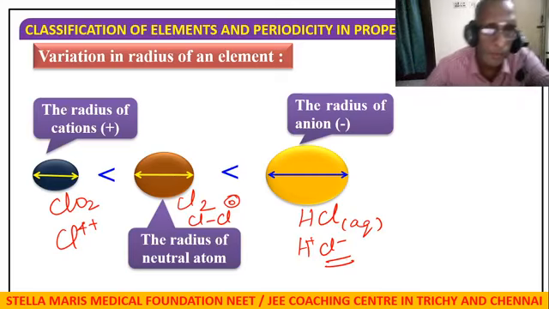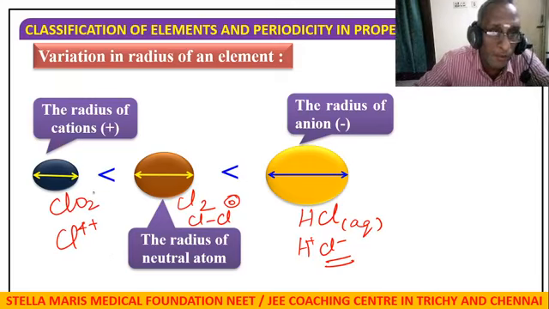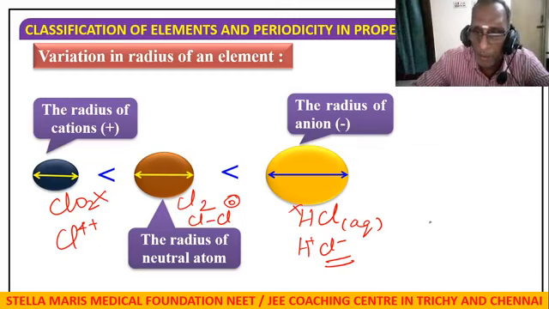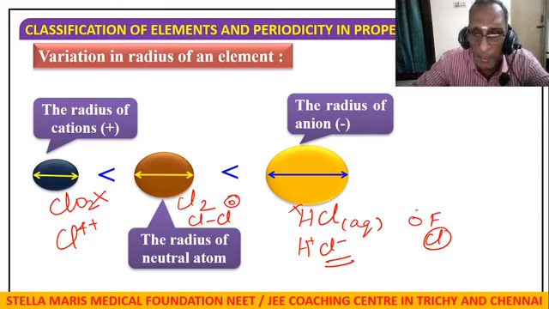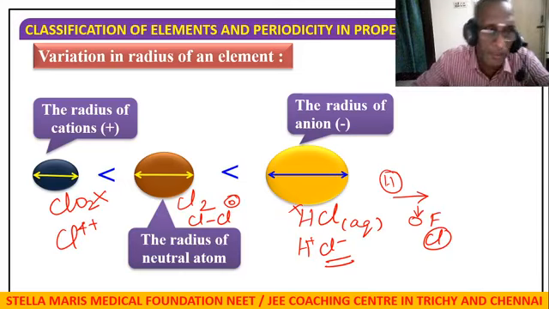Here, in all the cases, only chlorine is present. Let us consider the effect of only chlorine and discard the effects of hydrogen and oxygen for now. In the periodic table, fluorine, then chlorine. It has a higher size. Oxygen here has a lower size. Already we have seen radius decreases along the period but increases along the group, with hydrogen at the first. So chlorine will have a reasonably high radius.